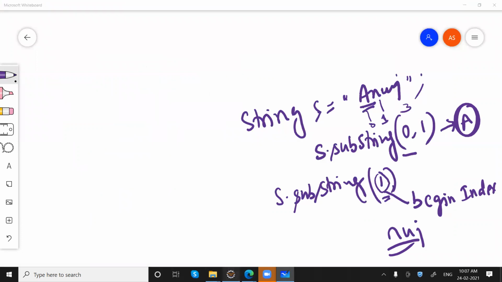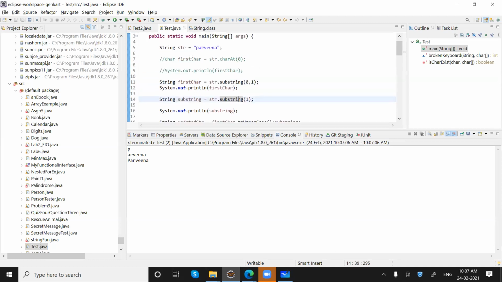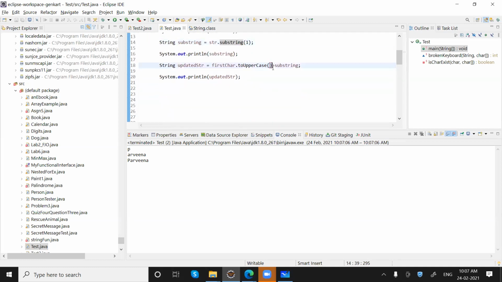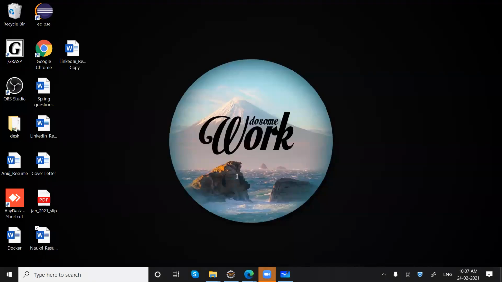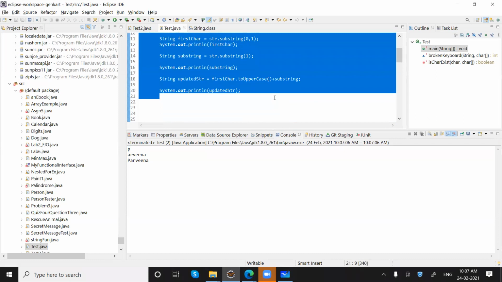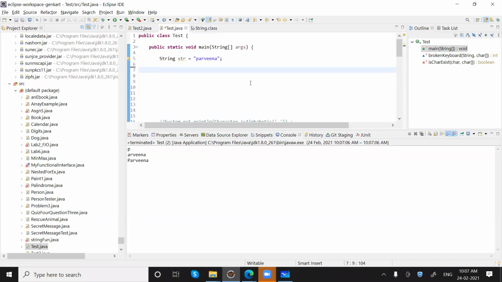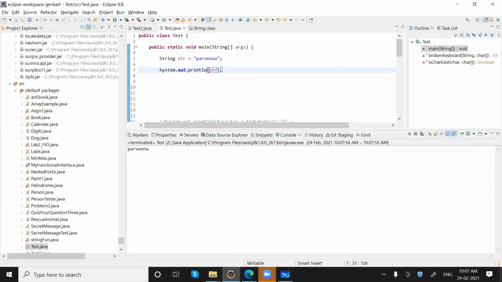Okay. Now we have another method that we are using here. Let's understand what it does. So instead of taking this entire program, I'm just saying str. It will print whatever we have in this string, that is Pravina in lowercase.